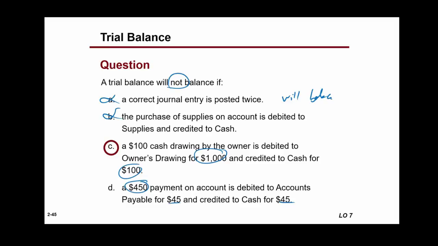Any questions? Yes? Which one? B. In this case, the company purchased supplies on account, for $500, just to give it a number. So what do you do to supplies? Supplies, you debit 500, and it's supposed to be on account. So the correct one is accounts payable is credited 500. Instead of crediting accounts payable, you actually credited